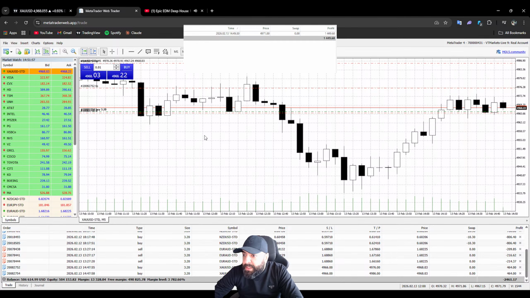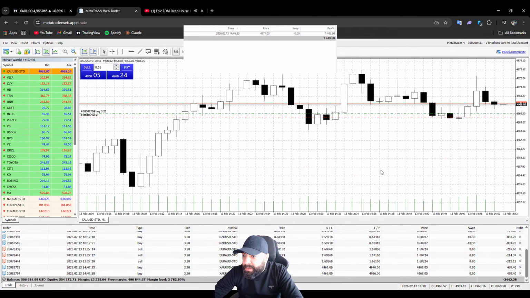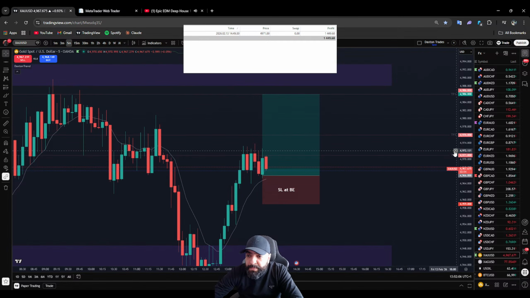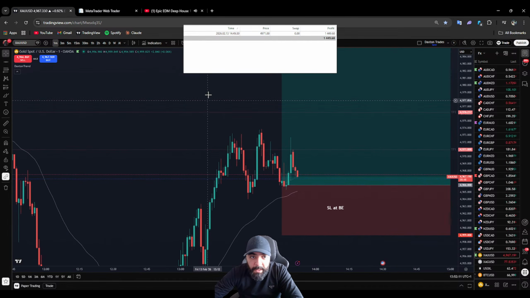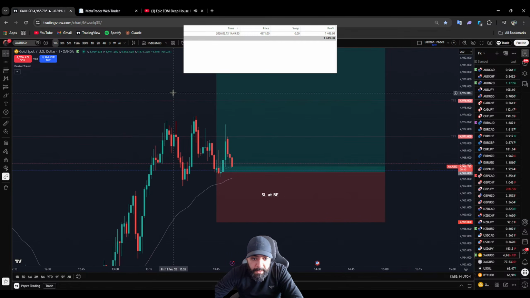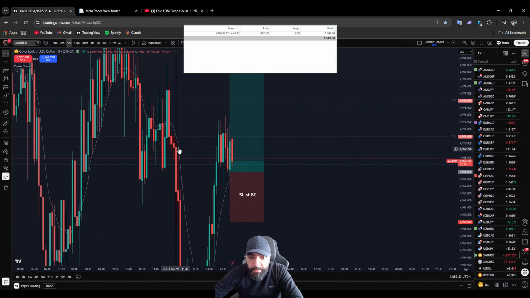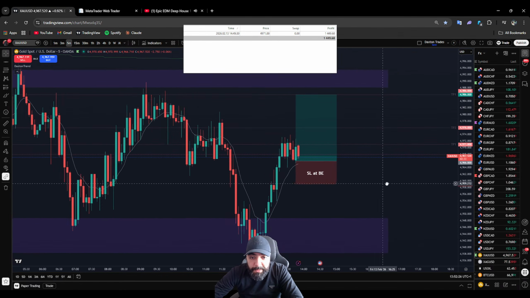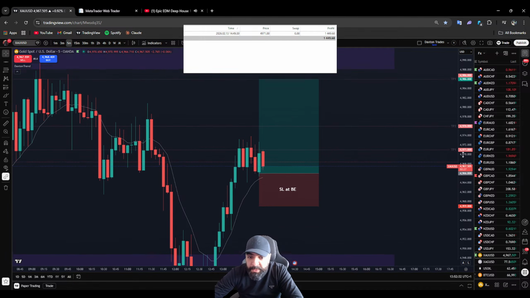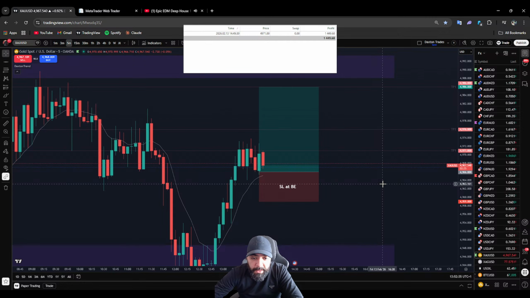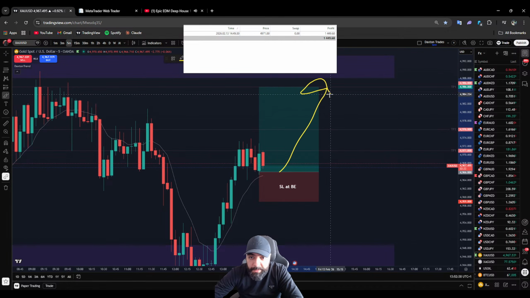So are we still in the trade? Yes, let's go to the 1 minute. And the stop loss is here at entry. Let's go down a bit and see how this is looking. I think we will be out. So nothing more to do, just wait for the price either to touch the break-even point and consider another entry, or it will continue going up.